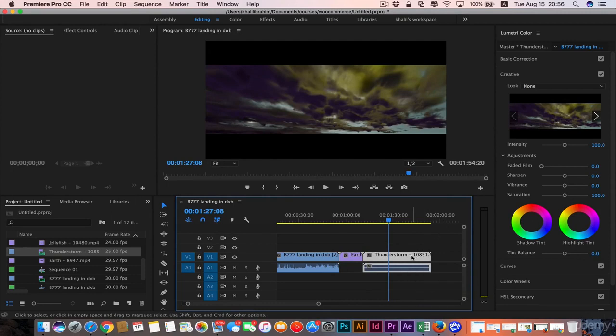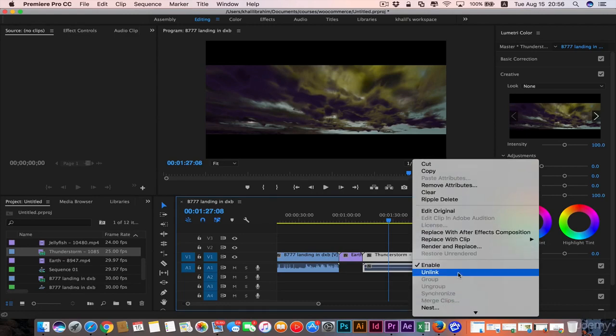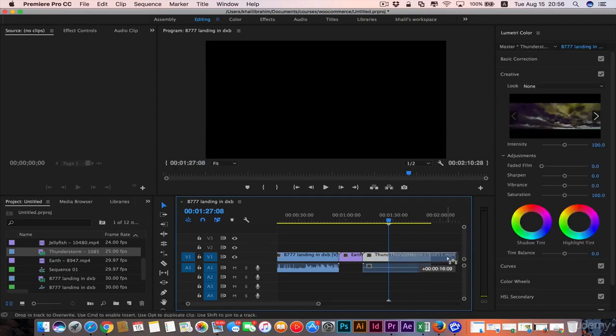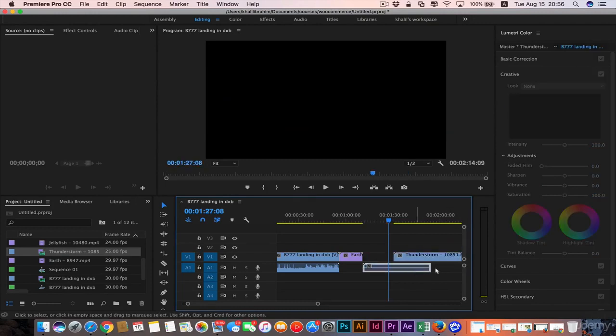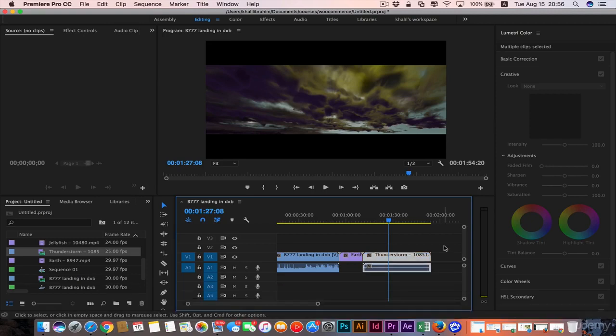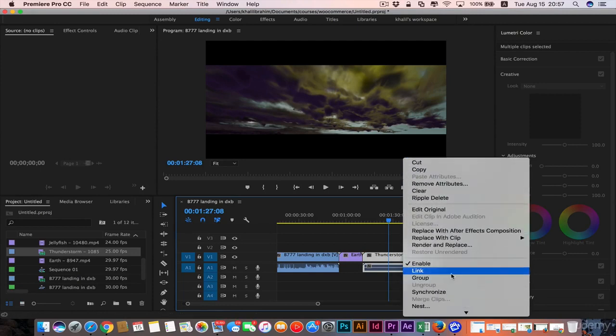Okay, so we can unlink those files if we want to move each one separately by right clicking the file and pressing unlink. Now we will see that we can move our video file individually and our audio file individually. Okay, if we want to undo that, or undo any step, you can press Command Z, and if you want to relink them again, you can highlight both of them, then right click and